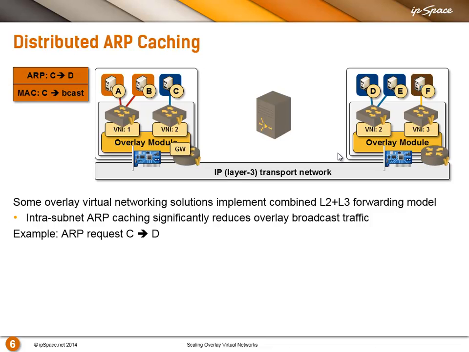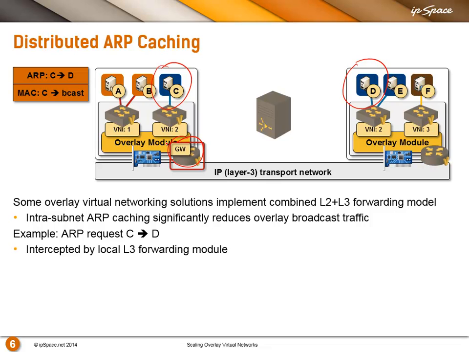Let's say that C is sending an ARP request for D. In a traditional layer 2 only architecture, you would see an ARP request, a broadcast going out. In a typical layer 2 plus layer 3 architecture, the ARP broadcast would still go out because this is within the same subnet. So the layer 3 device doesn't care about whatever is going on within the subnet. On Hyper-V, by the way, the ARP request would be intercepted by the kernel module and answered locally, but that's a different story. So what the mixed layer 2 and layer 3 forwarding solution could do is intercept